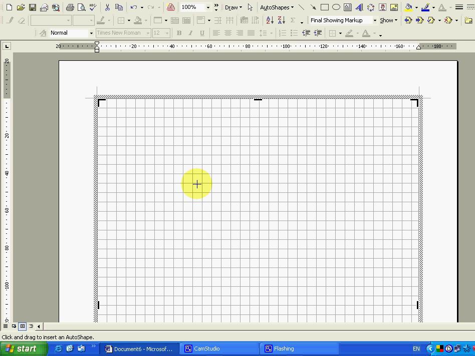Hello again and welcome back to part 4 of this video series, which shows you how to create a kitchen plan using Microsoft Word. What I'm going to do on this lesson is just show you how to use this auto shapes function at the top and some of the things you can do with that, specifically to draw things like sinks. They feature in pretty much every kitchen plan, and it's useful to be able to represent that on